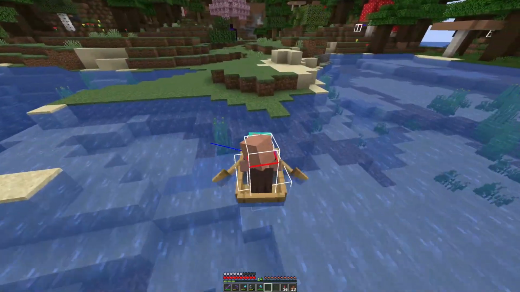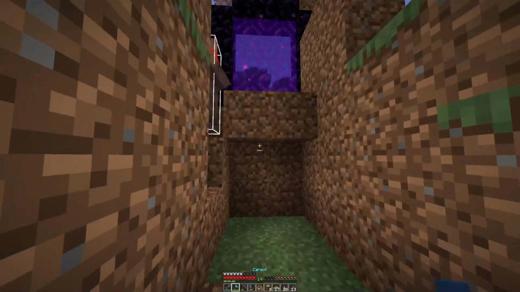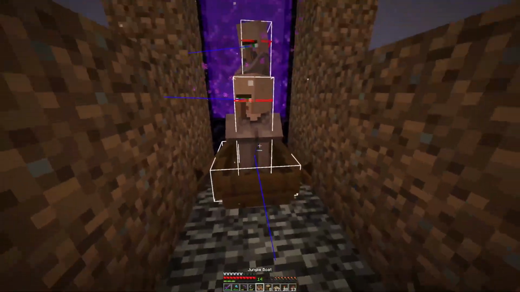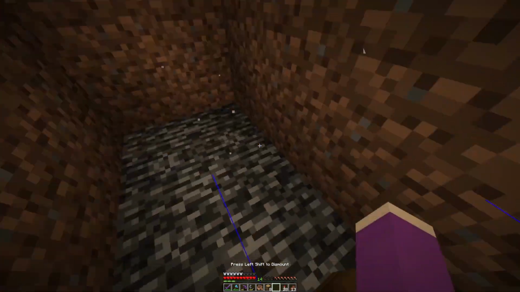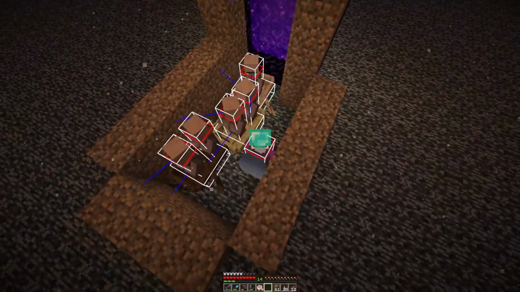I could just boat them across. So after building a little trap in the Nether and getting them all in boats, it did take a little bit to get them through portals. Whenever they're not in boats, it's kind of hard to control them. But eventually, I do get all the villagers into the Nether and on the roof,